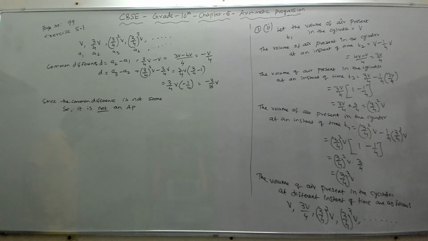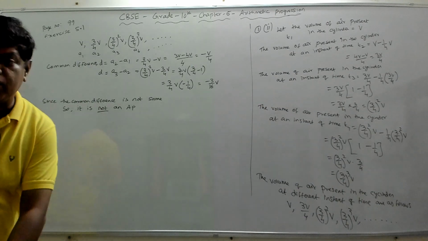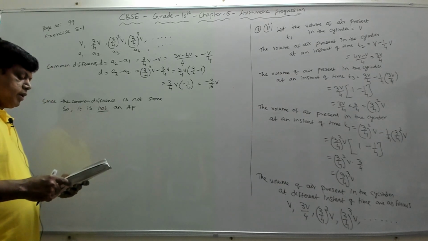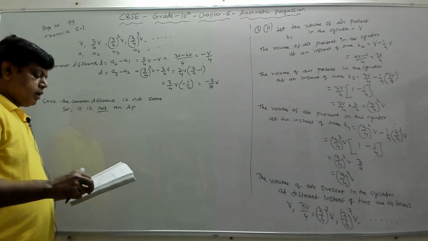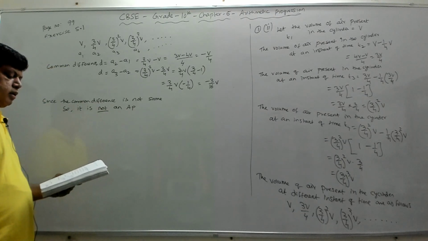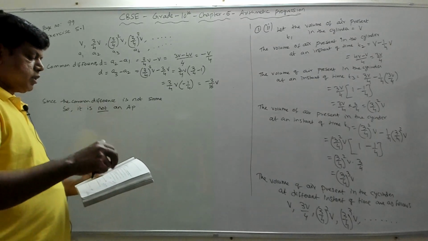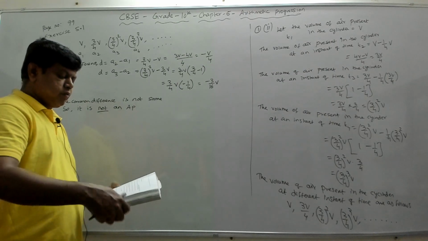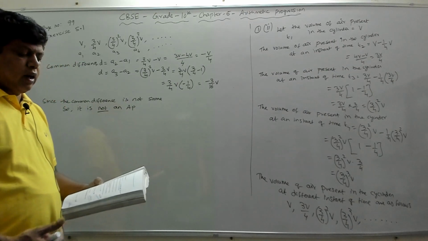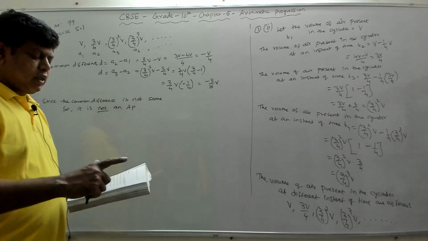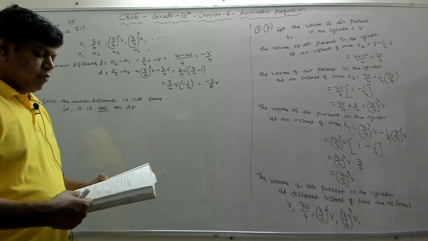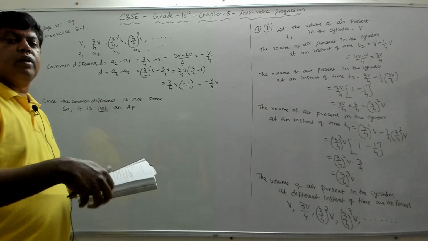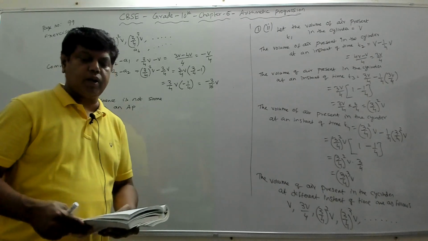The next one is the third one. Third one is the cost of digging a well after every meter of digging, when it costs rupees 150 for the first meter and rises by rupees 50 for each subsequent meter, which means we are digging a well, and for each meter that we dig, the amount paid is rupees 150 for digging 1 meter. Then after that, every meter that we dig, it is 50 rupees per meter.